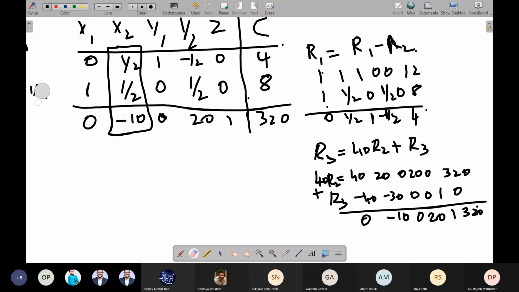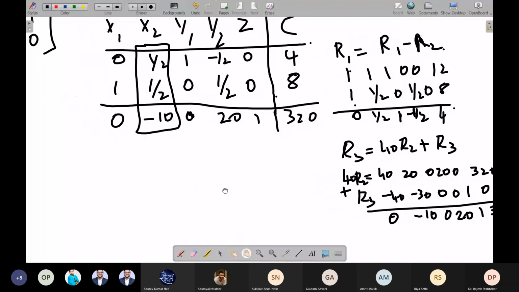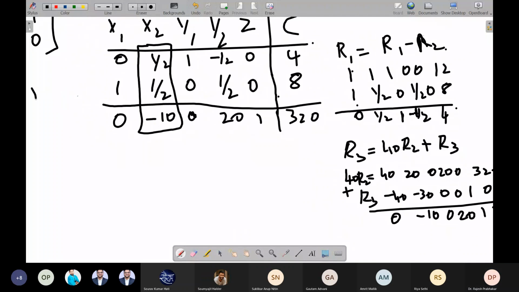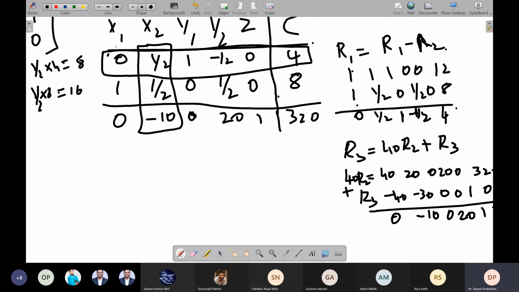Sorry. 1 by 2 into 8 is how much? 16. 1 by 2 into 4 is 8. That means this will become our pivot row. So 1 by 2 is our pivot element.